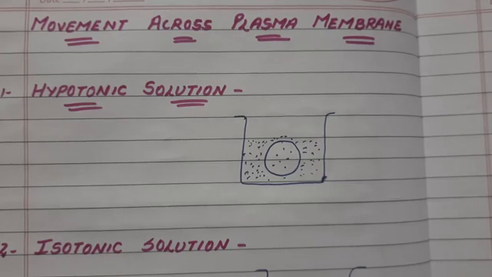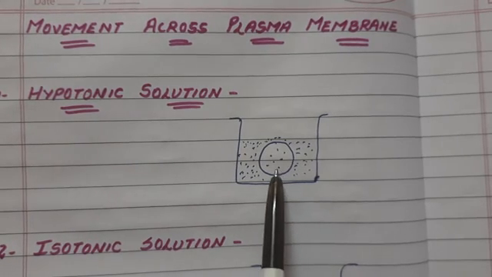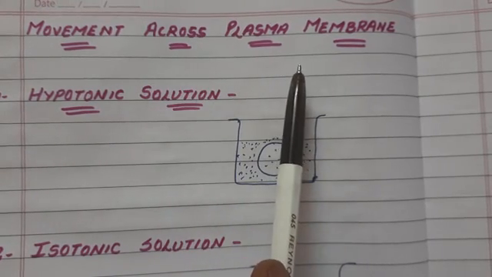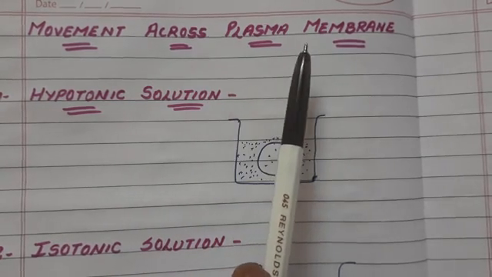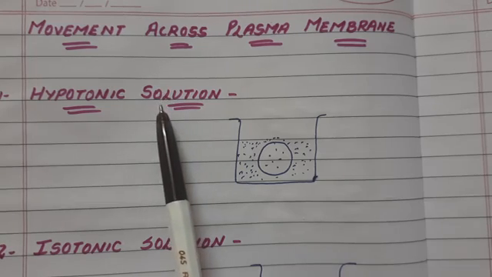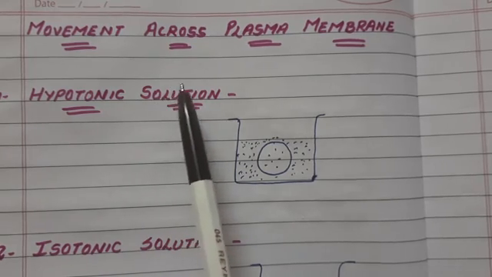Okay, so for example, if you take raisins and put them in a sugar solution or a salt solution, what will happen? Now we will see how water moves inside the cell and outside the cell. That is movement across the plasma membrane. Now if we have to see movement across the plasma membrane, only three things could happen. That means if we put any cell inside a sugar solution or a salt solution, any of these three things could happen.